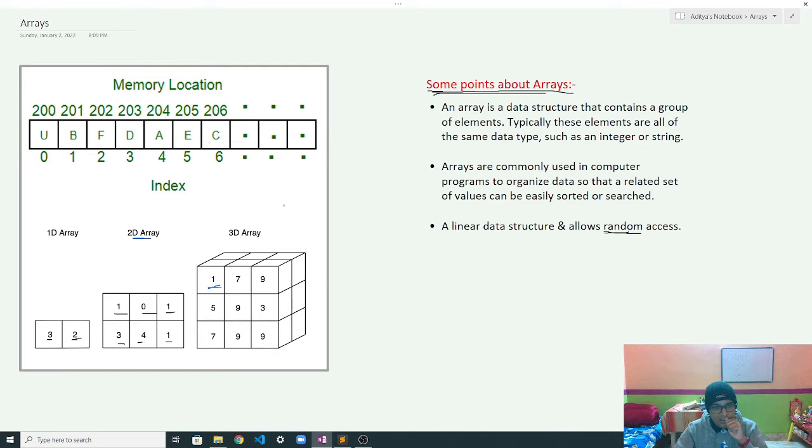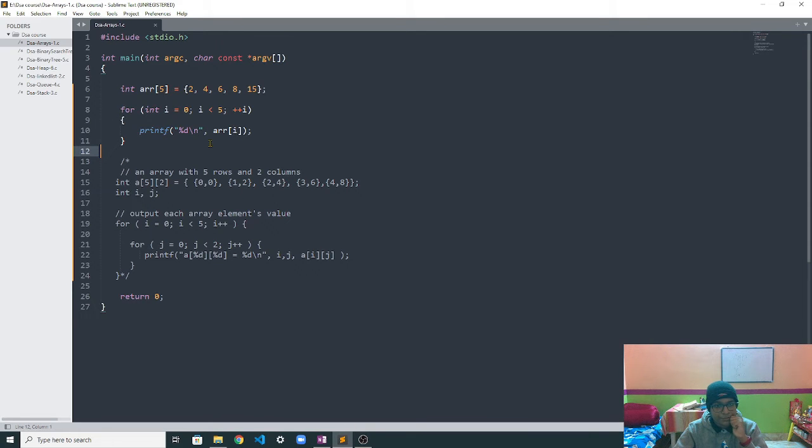So this was about the theory part. Let's see how to implement this data structure in C language. Okay, so let's get to the text editor, which is Sublime Text. To create an array, first you have to declare what type of array it is. Here it is an integer data type array, and then you declare the name of the array, which for me is arr, and then it is optional to declare the storage of memory allocation of this array, which is 5 elements. So it creates memory for 5 elements.